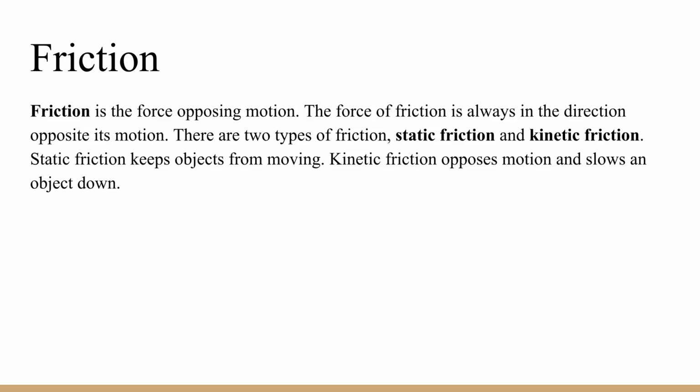There are two types of friction, static friction and kinetic friction. There are also other types of friction, but these are the two we'll deal with in the forces unit, static and kinetic. Static friction keeps objects from moving in the first place. So the reason why a book will just stay there is because static friction will hold on to it. If you try to push a huge bookcase,